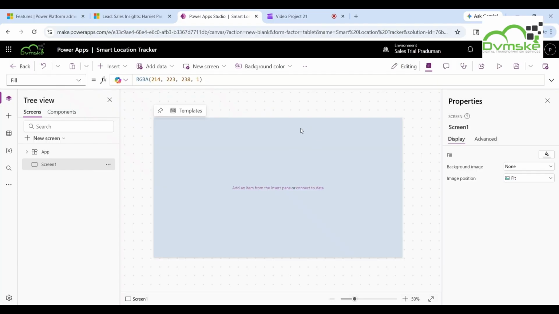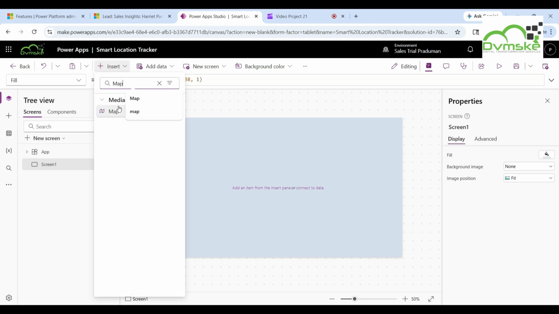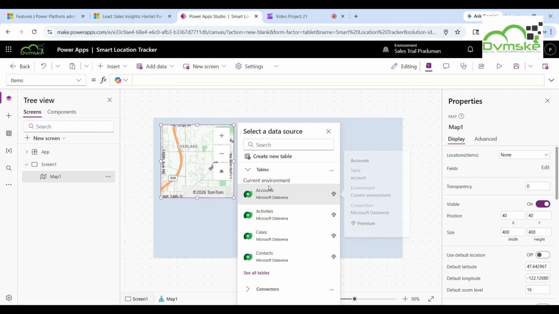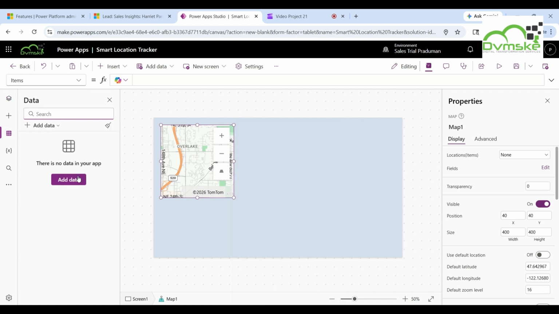So this is a blank canvas app inside Power Apps. And in this screen, we will insert the map control. I already have some other data sources connected in the app for testing purposes. But now let's connect the new Excel workbook that we just created. Over here on the left hand side, open the data section. Now click on add data